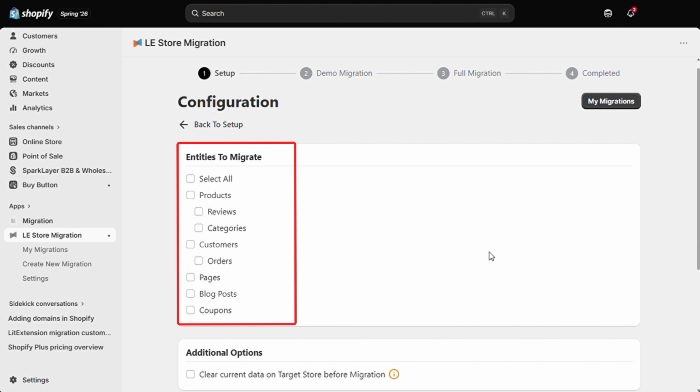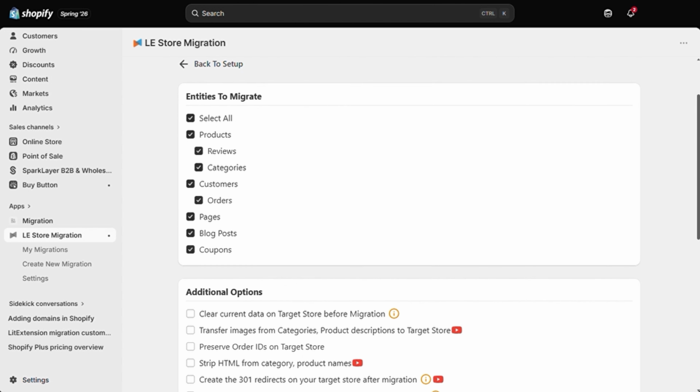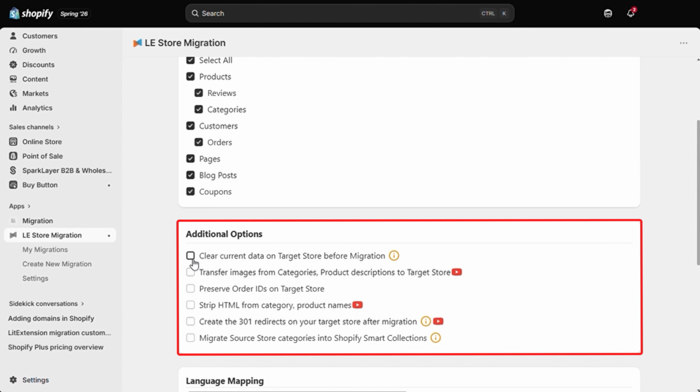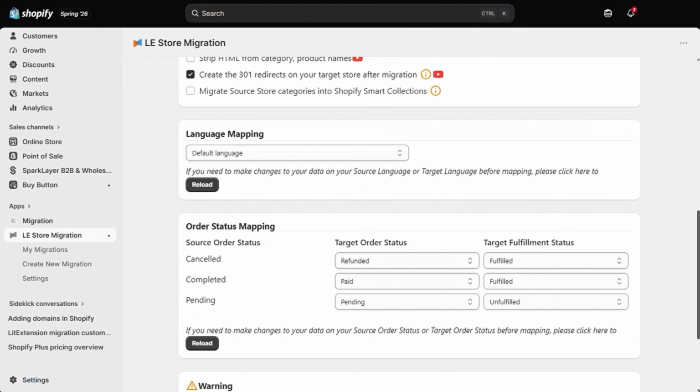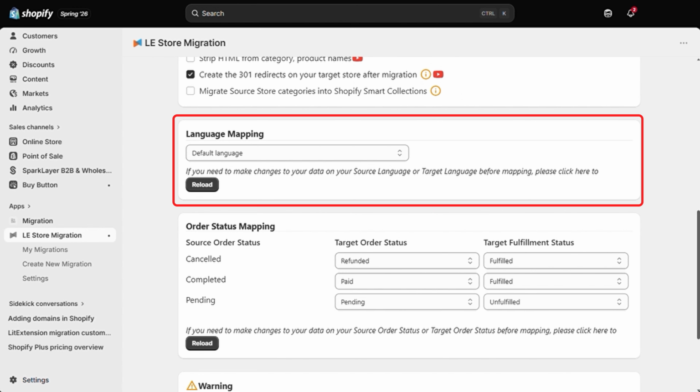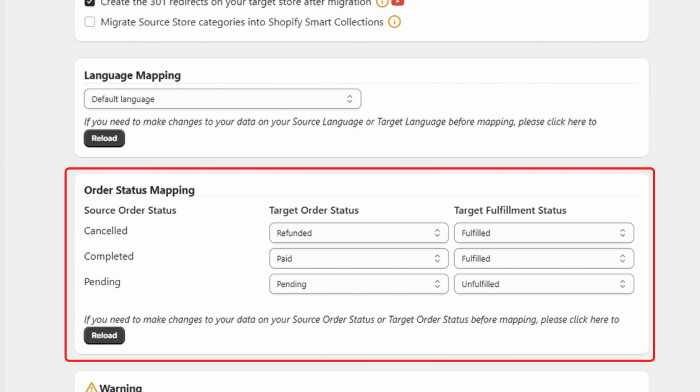This is where you choose what data to migrate, such as products, customers, orders, and more. You can either select the options one by one, or click Select All to migrate everything to Shopify. There are also several additional options you can choose from, though keep in mind that some of them require a small extra fee. Also, map the languages and order statuses from your WooCommerce store to the corresponding ones on your